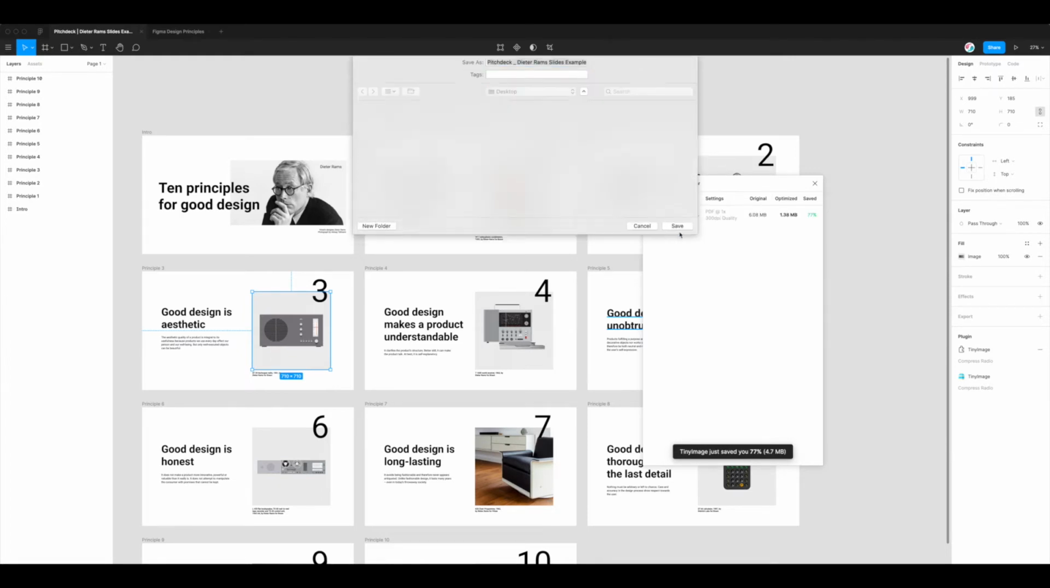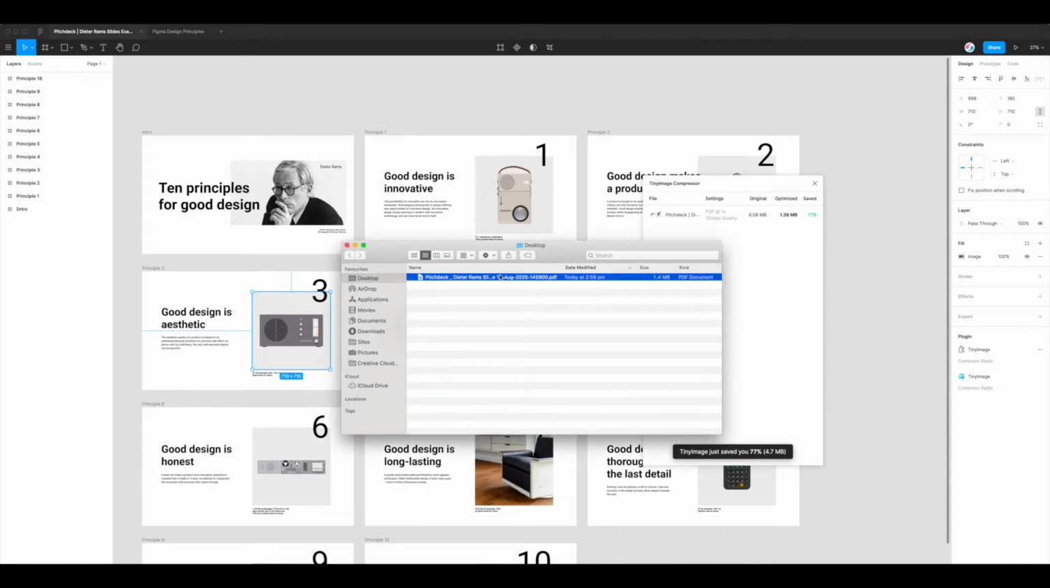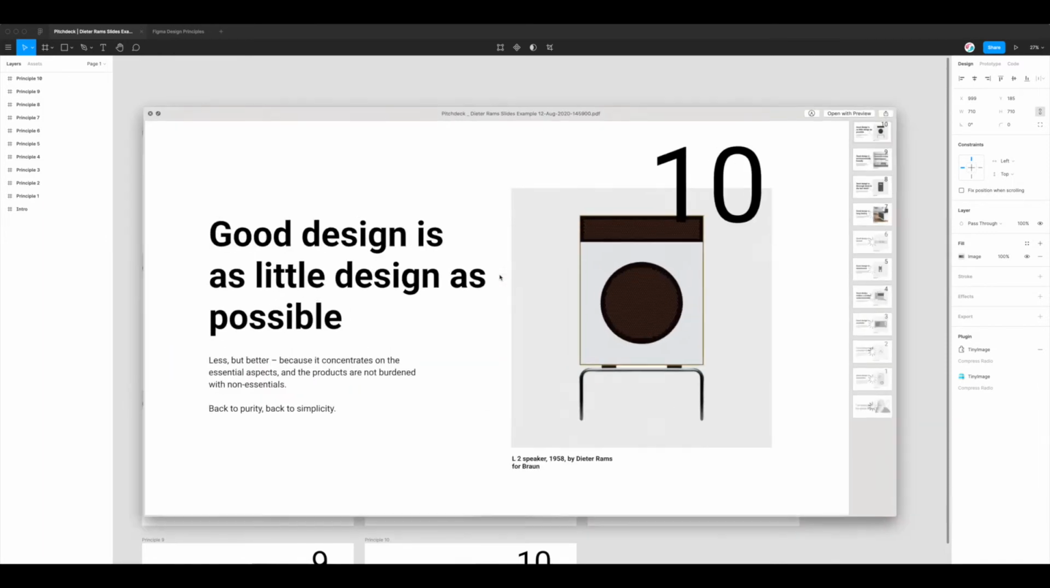So that's finished converting, and you can see here the original PDF size was 6 megabytes. We've had that taken down now to 1.3 megabytes, so that's a 77% saving from the original PDF file size. And it's worth noting that was at 300 DPI, which is the highest quality DPI for exporting the PDFs compressed from Figma. So if I go to my desktop now and just open up this PDF file we just exported,